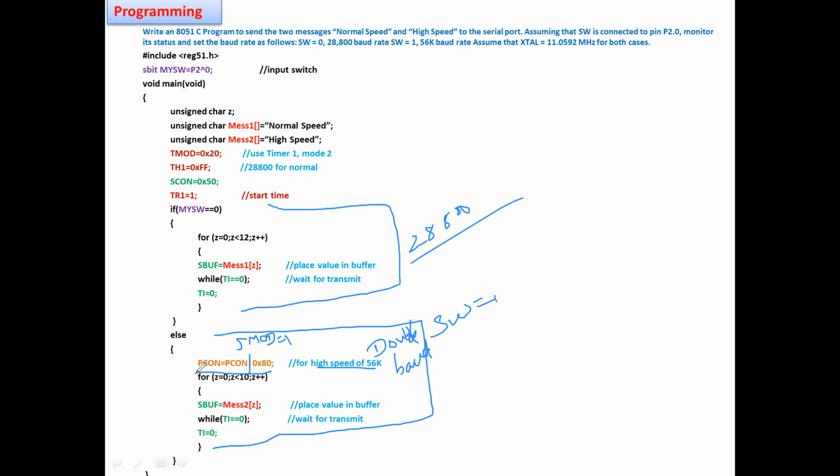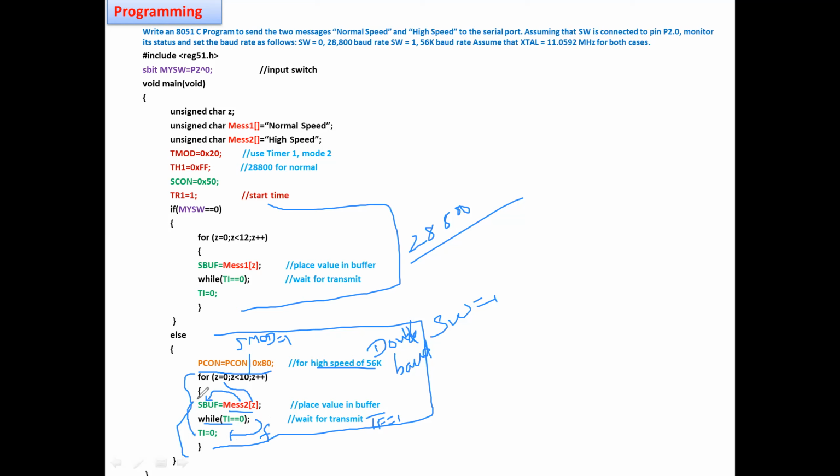So now once the baud rate is doubled, you can simply put your second information, whatever there in the array. You can put your first element, z equal to 0, to the SBUF. Check for whether successfully transmitted. If it is successfully transmitted, then TI will be 1. So that it is successfully transmitted. Then the condition will get to false. So now you can clear it.